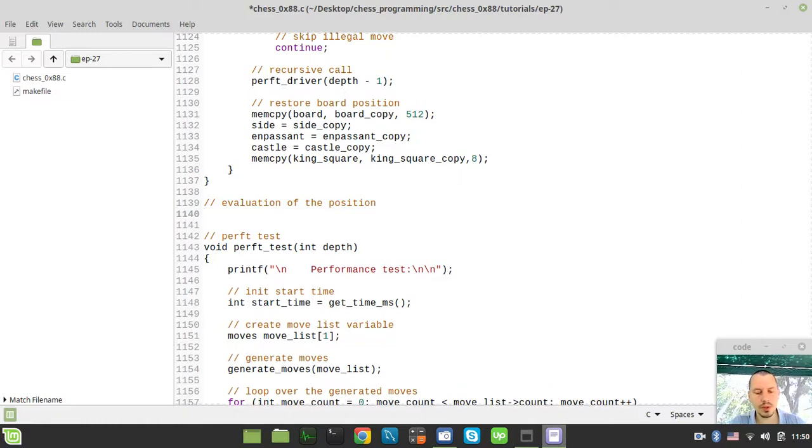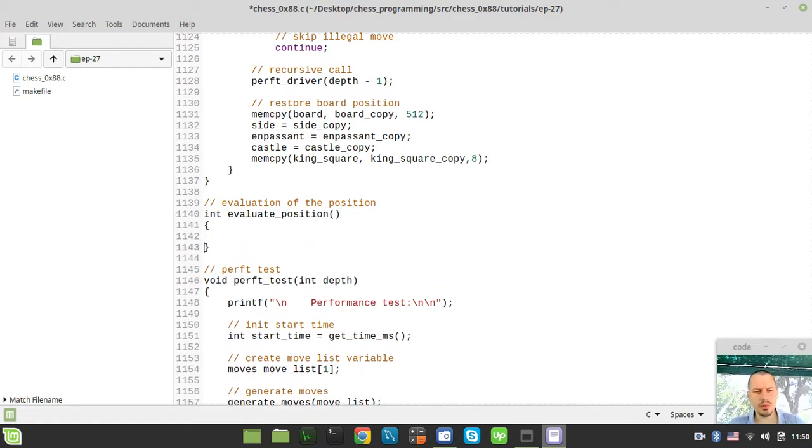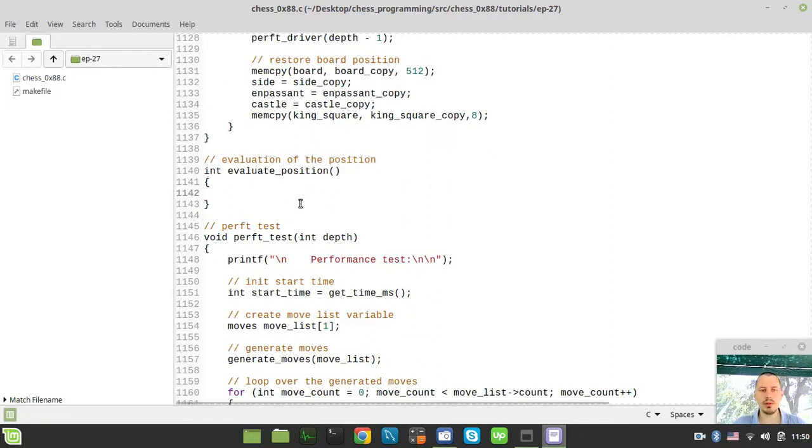Okay, and let's create, so this would be the integer. It's important because this function would be returning an integer value, the score itself, which is really important. So let's call this evaluate, or maybe evaluate position, or should I? Oh, let's call this evaluate position. I'm not yet sure whether it's supposed to be taking any arguments. Yeah, we'll see later on. So okay, the very first thing to consider is just to loop over